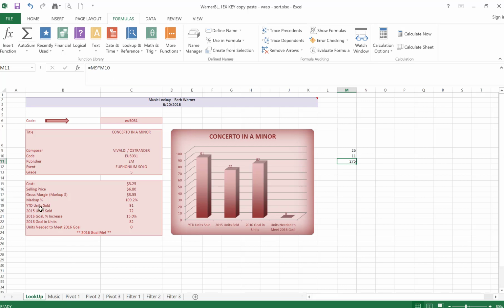So for this example, if we want to find the gross margin or the profit or how much it's marked up, it's just going to be a simple subtraction problem. If we want to find the markup percent, we're going to take how much has been marked up, that profit, and then divide it by the cost to find out how much it's been marked up based on the cost, and that's going to be